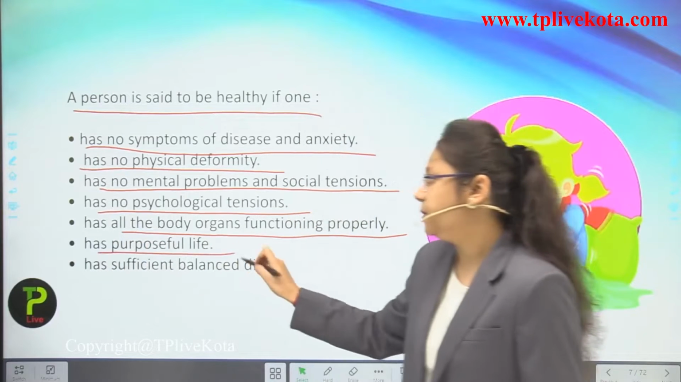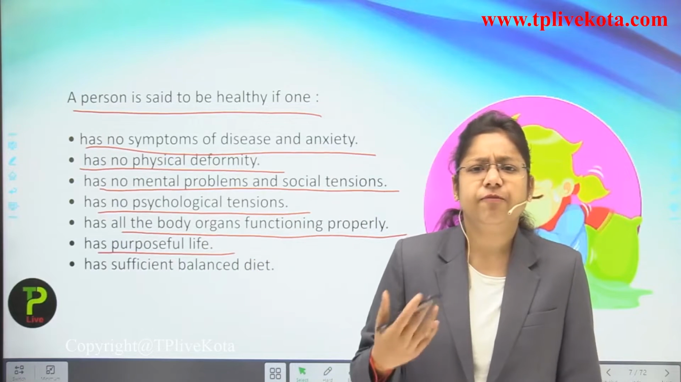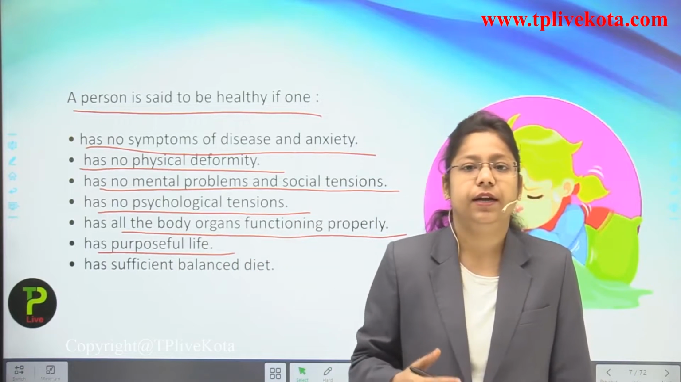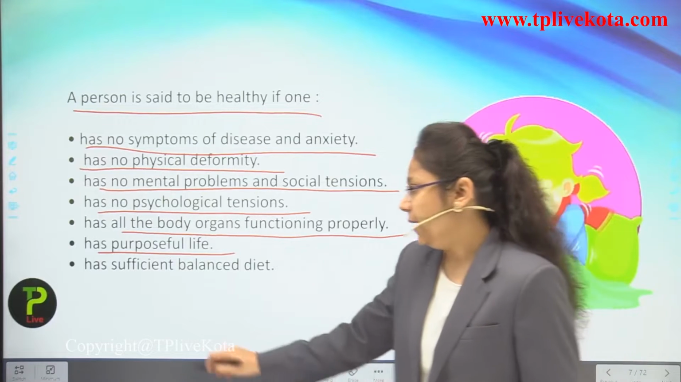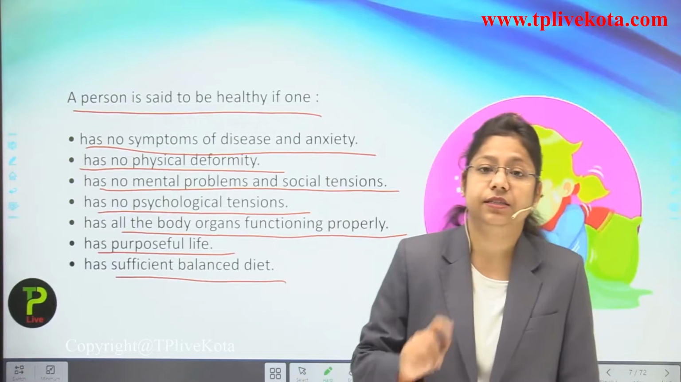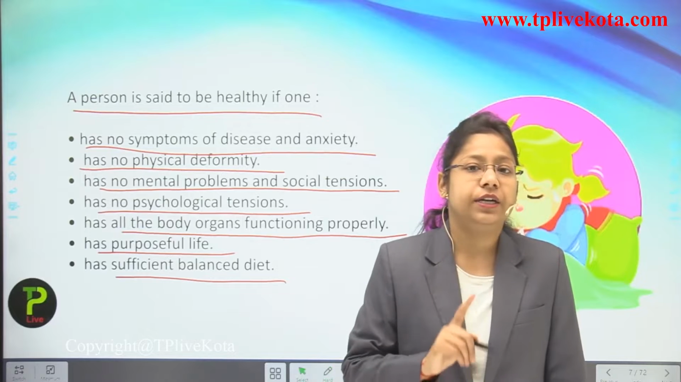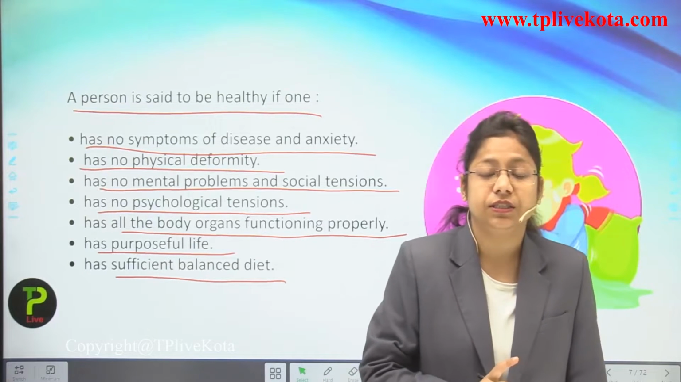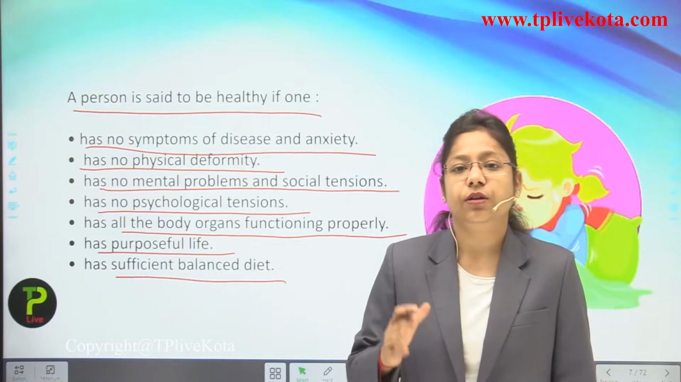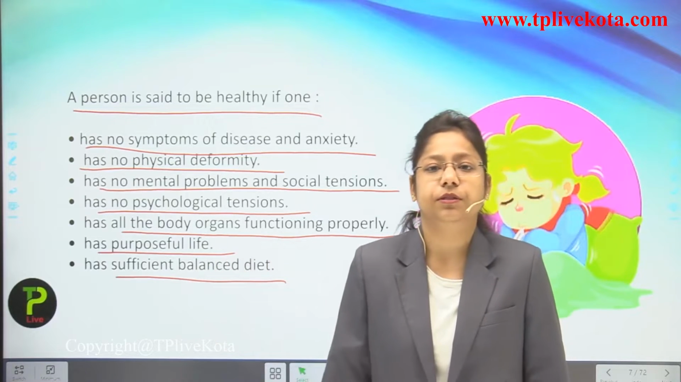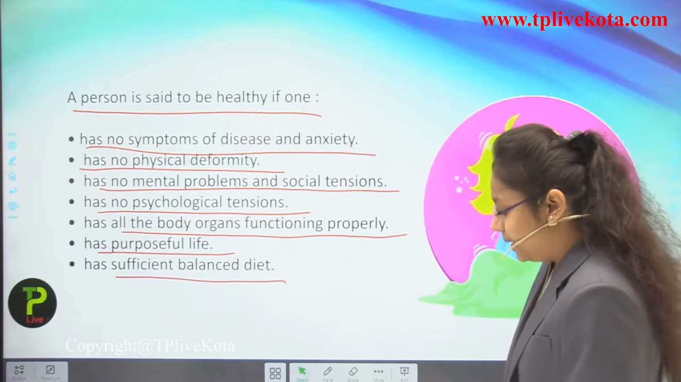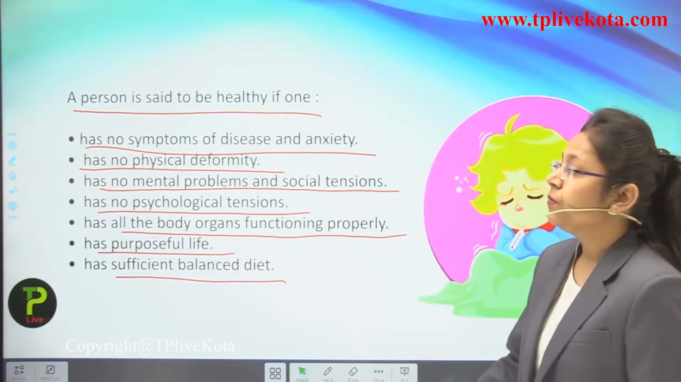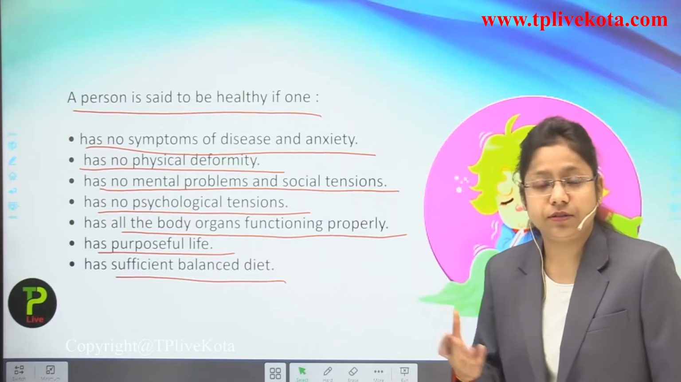Next, has a purposeful life. A person should have a purpose in their life, should have a goal in their life, what they want to achieve. Next, have a sufficient balanced diet. This is very important. If you are not taking sufficient balanced diet twice a day, then a person suffers from deficiency, and this deficiency can lead to different kinds of diseases in a person's body. So these are the basic points we should follow if a person is said to be